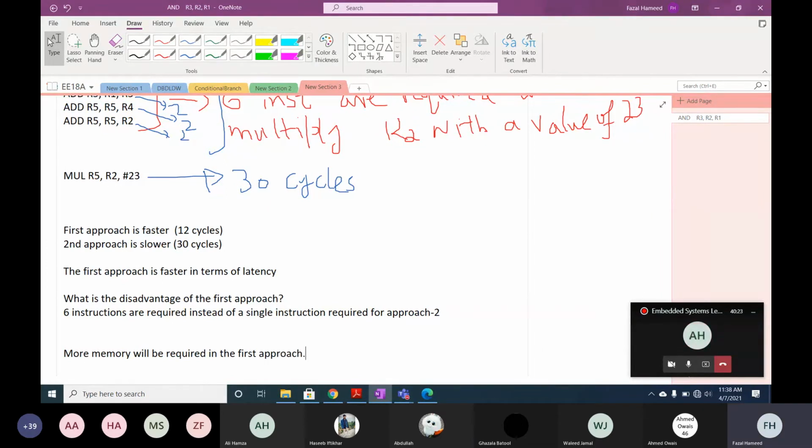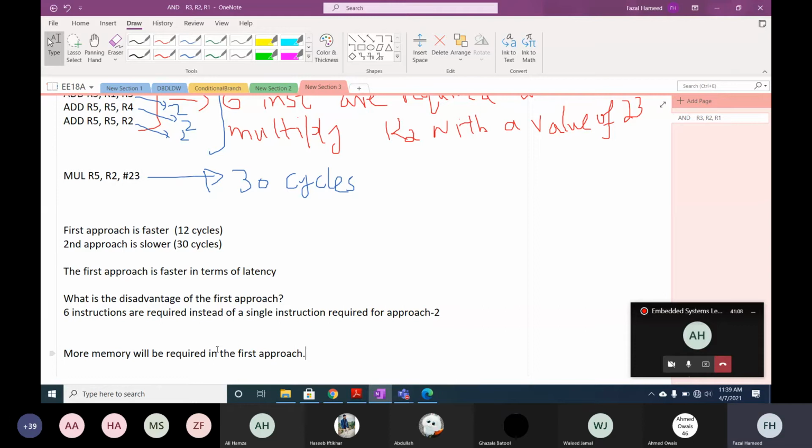Actually, I may ask similar kinds of questions in your OHT and final year exam. I will give you a scenario and ask you to solve the problem using a multiply instruction, or using a combination of logical shift left or logical shift right, and then you can perform a comparative analysis of the two different approaches. I may ask you to multiply an operand with a concrete value. It may be 23, 35, 47, or any value, and solve this problem using logical shift left